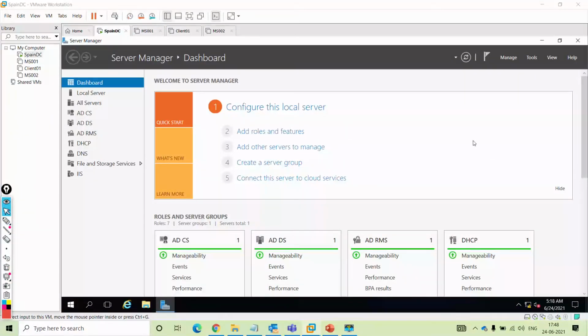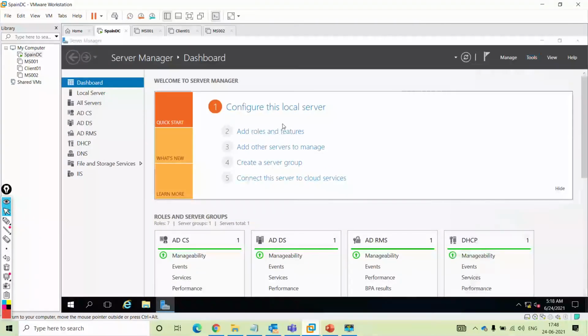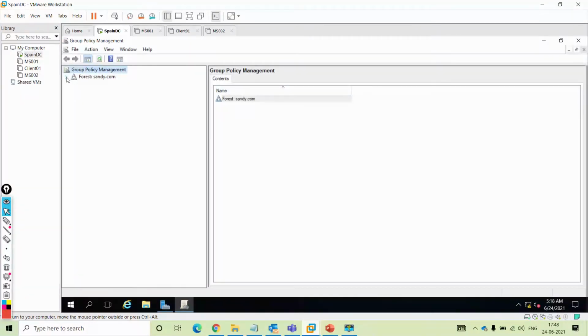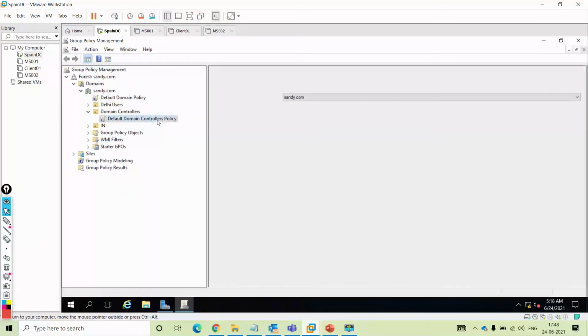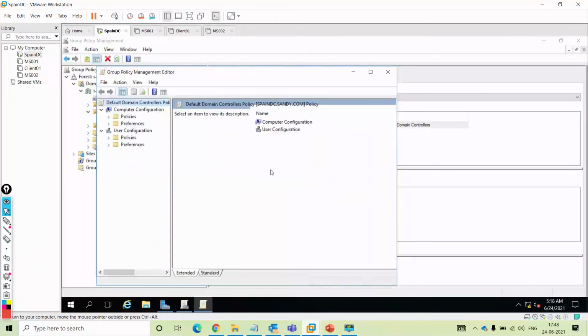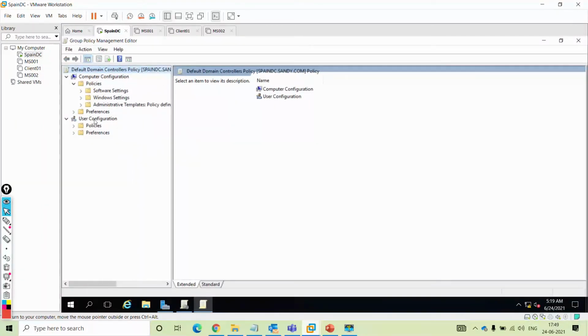Yes, sir. Right? So we'll go to Group Policy Management. We'll expand domains, expand domain name, expand domain controllers, and we have our policy. We'll right click, edit. We'll go to policies. Administrative template, na? Windows settings.